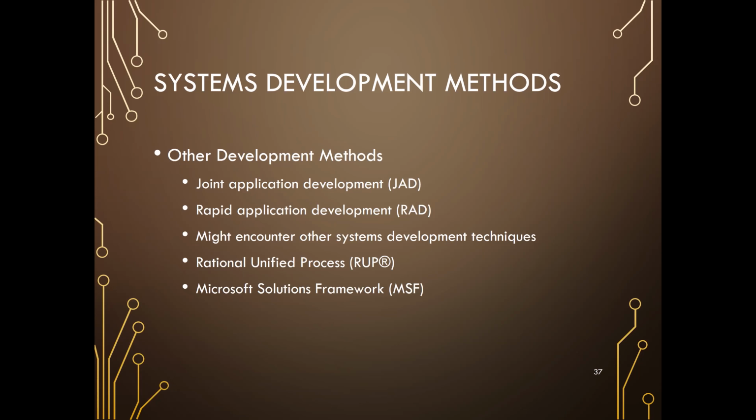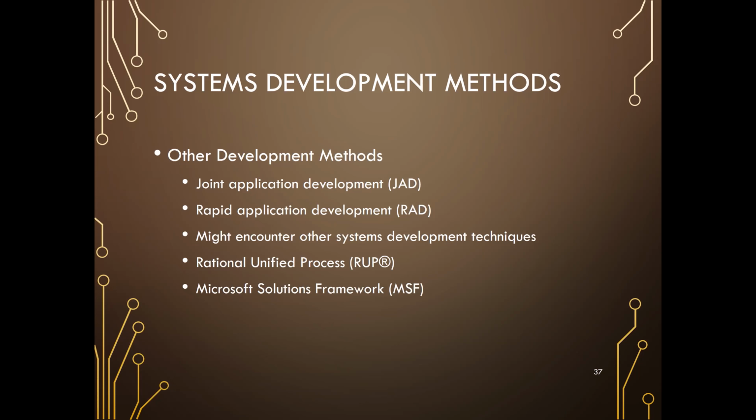You might encounter other system development techniques, and we have Rational Unified Process or RUP, Microsoft Solution Framework or MSF. These are different development methods that each company may use differently, but for the standard ones there are three things that I told you before: structured or SDLC,